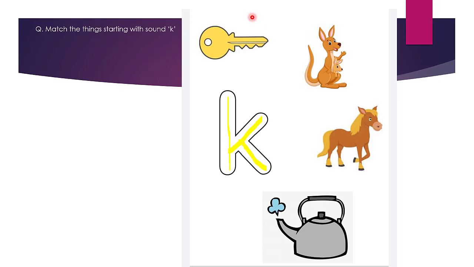Okay, we have to match the things starting with the sound k. Okay, does key start with k? Yes, we will match k with the key like this. Okay, so does kangaroo start with k? Yes, kangaroo starts with k. We will match kangaroo with k